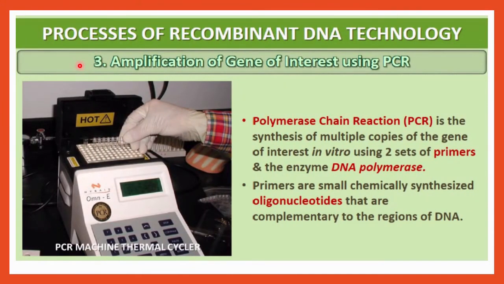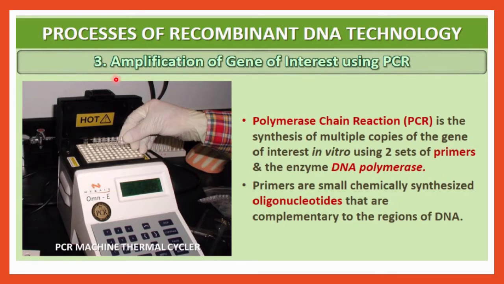In previous lectures we have learned about the isolation of DNA, then how we can cut the isolated DNA at a specific region, and how we can separate the DNA fragments. Out of the separated bands obtained, we can select the DNA of the desirable character. Then we can cut the DNA fragment after ethidium bromide staining, and under UV radiation we can select the DNA fragment, and then we have to further amplify it. Whatever our gene of interest is, it must be amplified, and the process is called amplification.